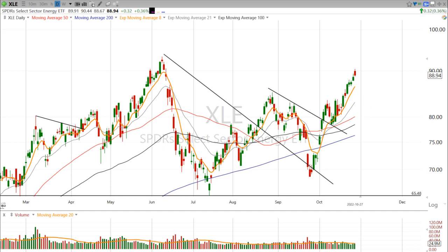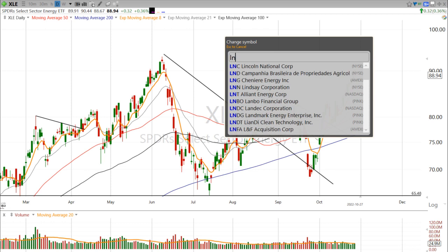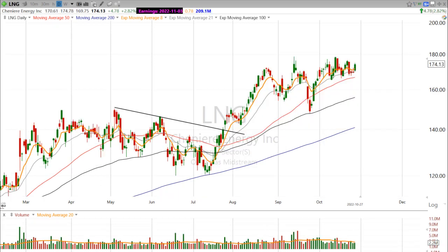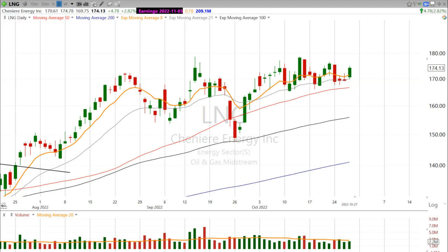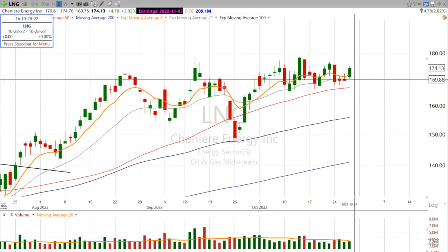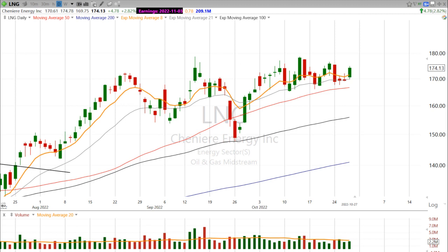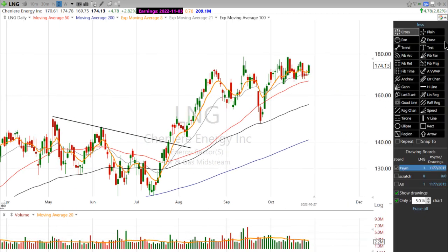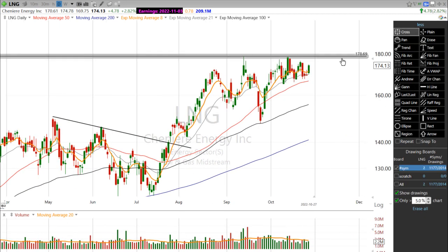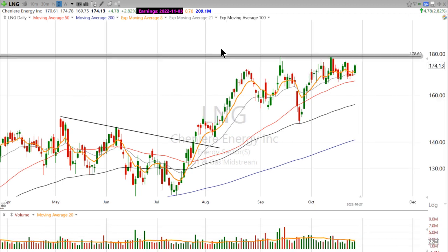And then after the close tonight, I looked at LNG. Now, this stock is not extended high above the moving averages. In fact, it's just sitting on that daily 21 exponential moving average. So I like the pattern here on LNG. If I put a line here, you can see a clear resistance level right at that 176.69 zone. I will point out that they do have earnings coming up next week,